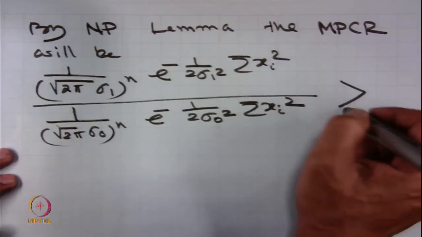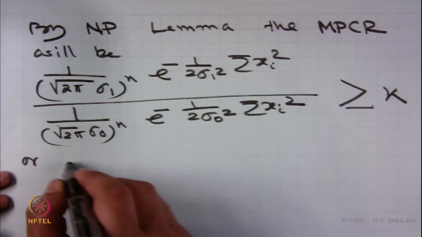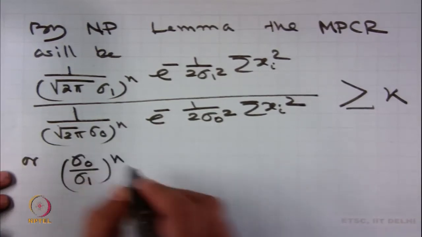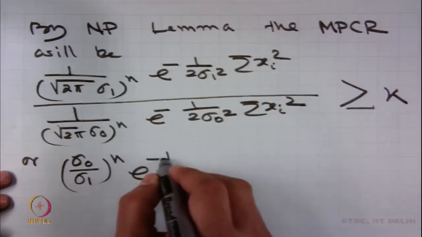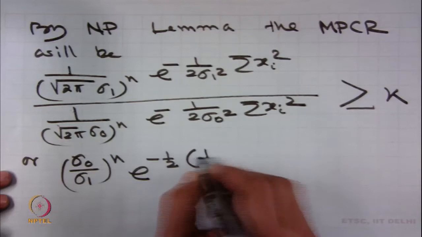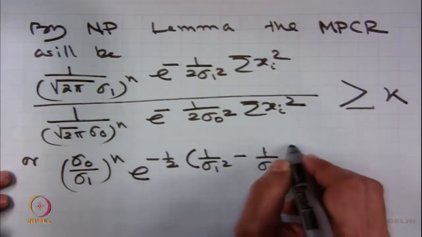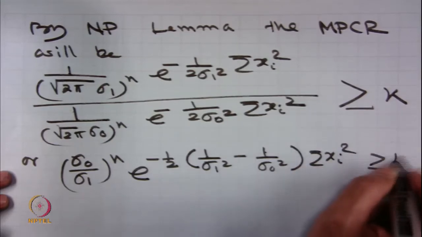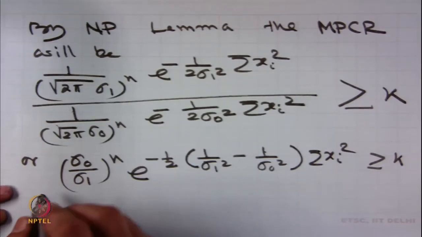This has to be greater than or equal to k, or sigma naught upon sigma 1 whole to the power n e to the power minus half 1 upon sigma 1 square minus 1 upon sigma naught square into sigma xi square is greater than or equal to k, or taking log,